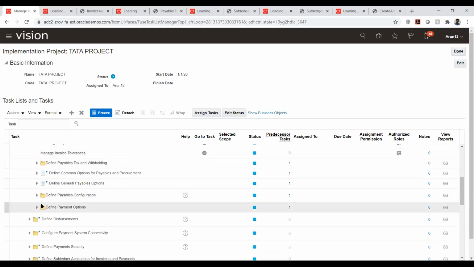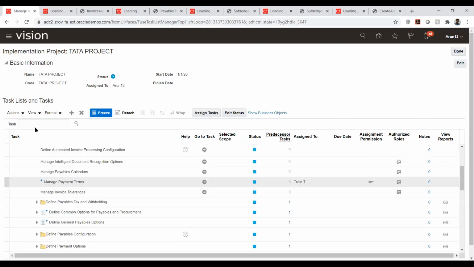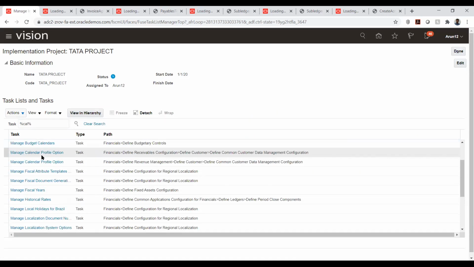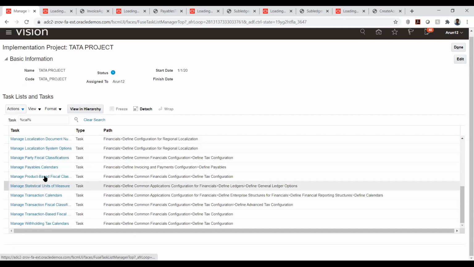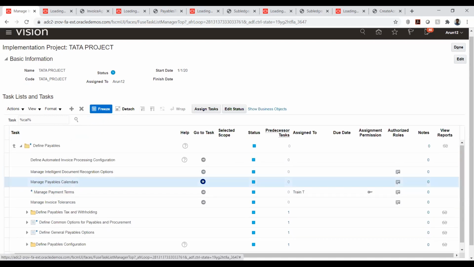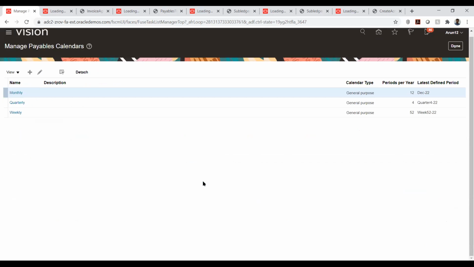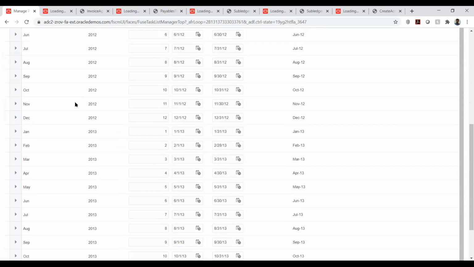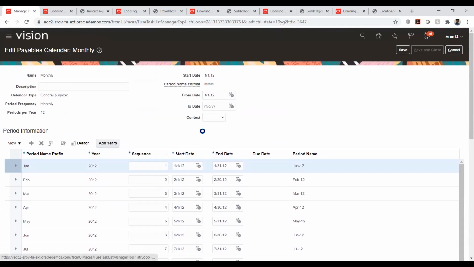I think I cannot use this one. Let me create a new calendar.